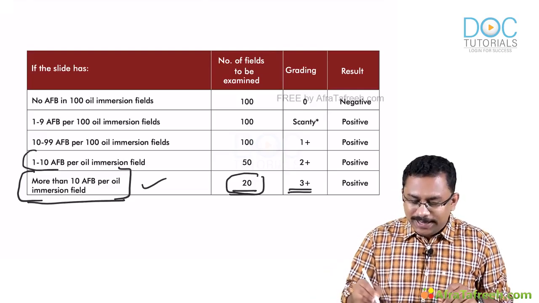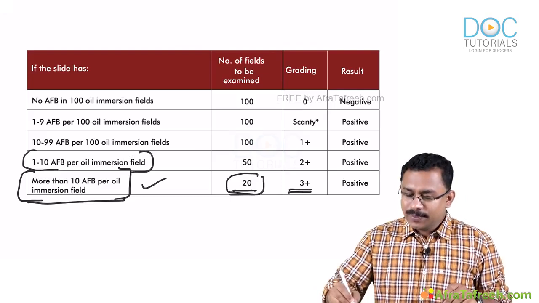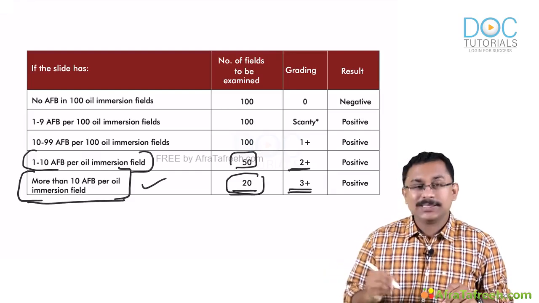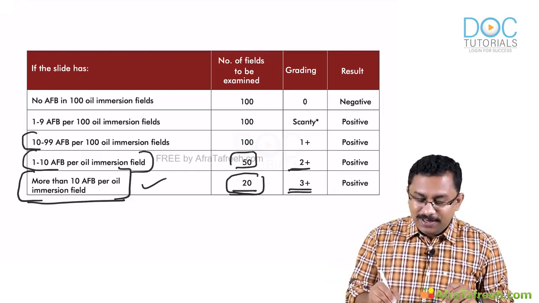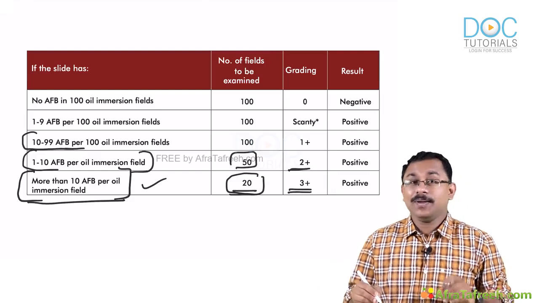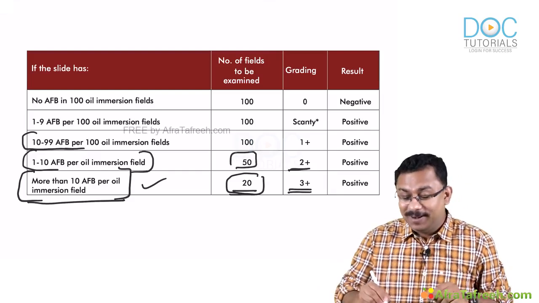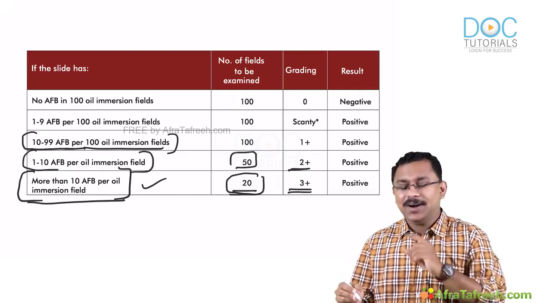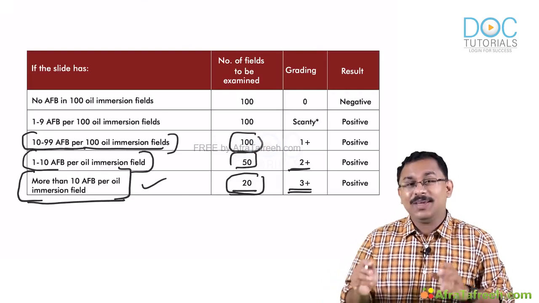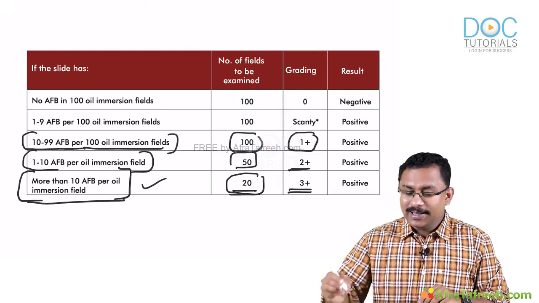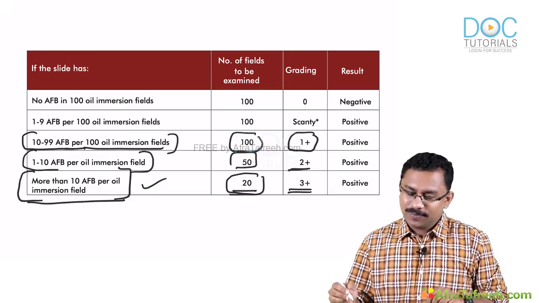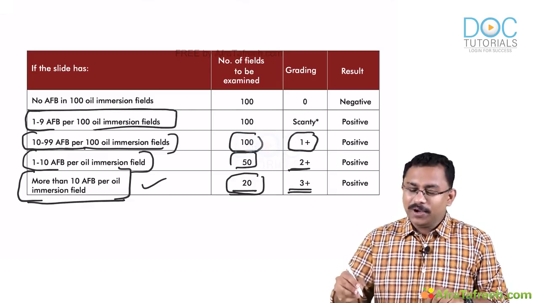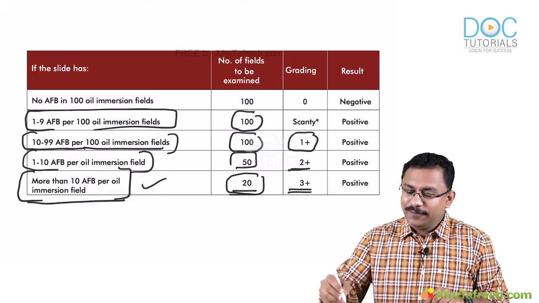If it is 1 to 10 AFB per oil immersion field with a minimum of 50 fields examined, it is 2+. If you have 10 to 99 AFB, not per oil immersion field, per 100 oil immersion fields, do not get confused here. This is per 100 oil immersion fields. When you examine a minimum of 100 fields, then you give 1+. And if you have 1 to 9 AFB per 100 oil immersion fields,